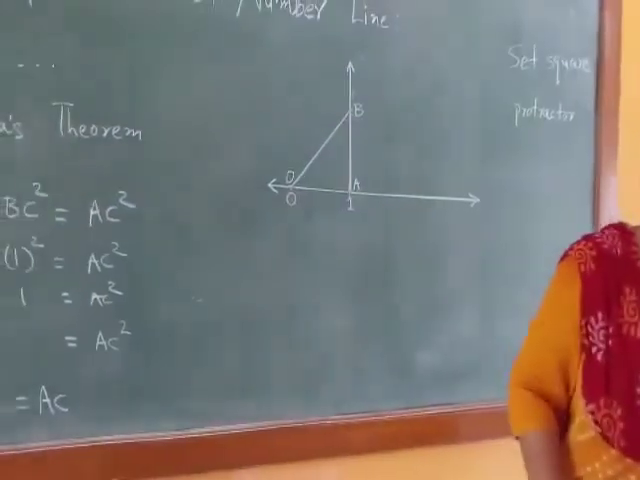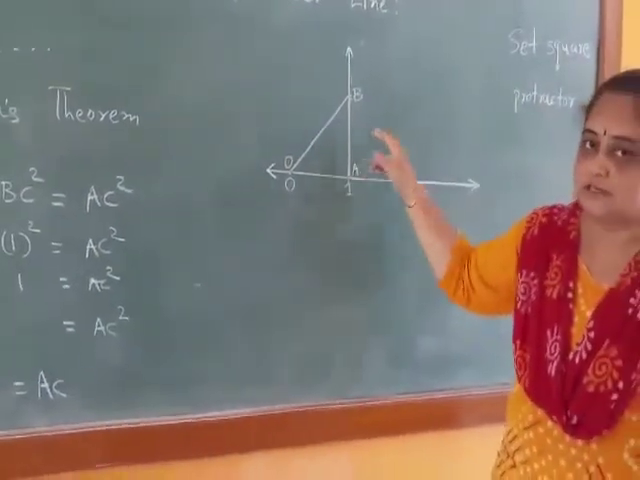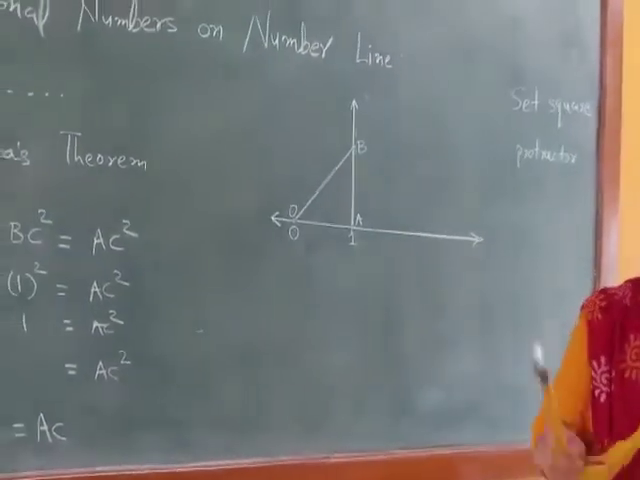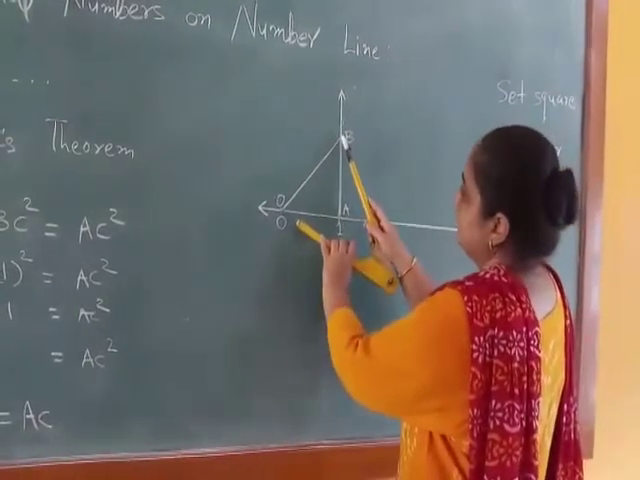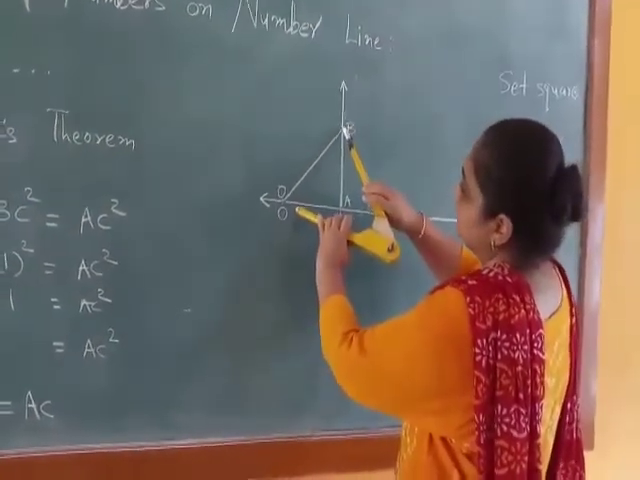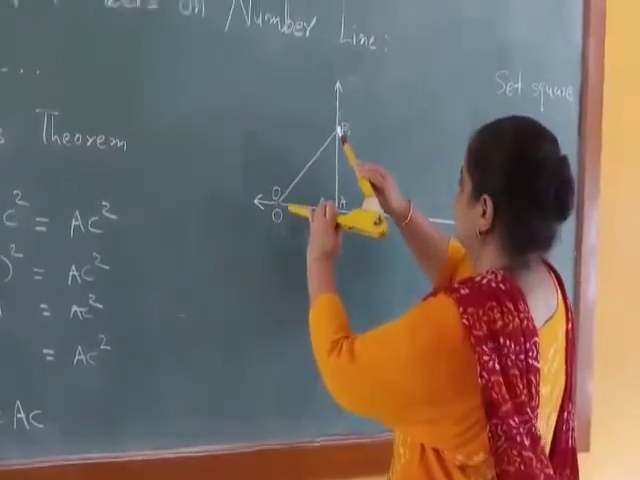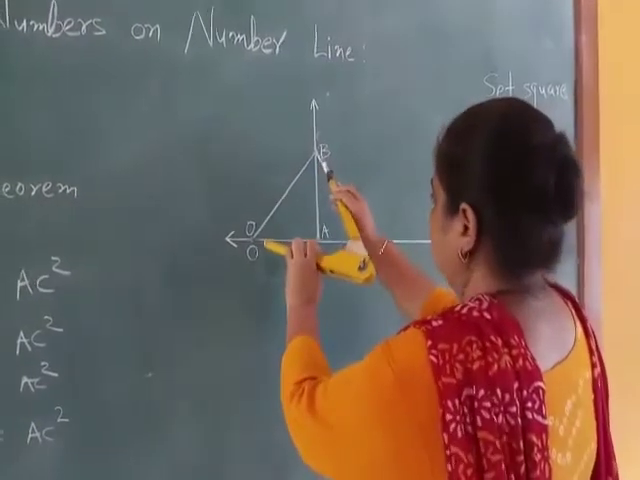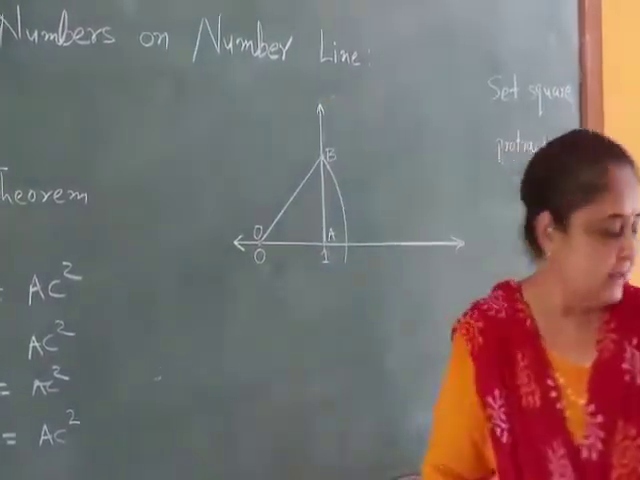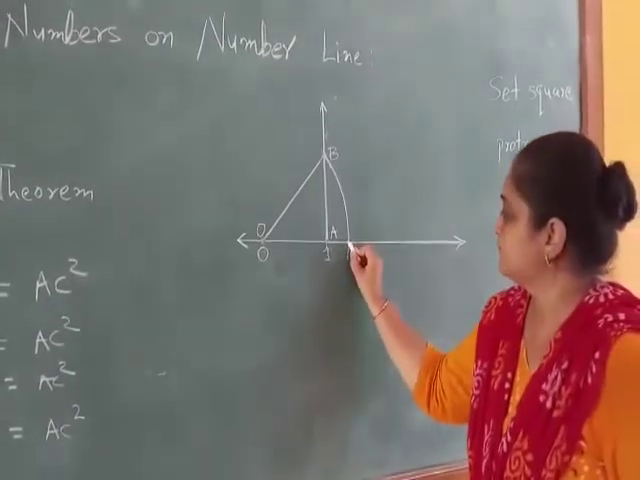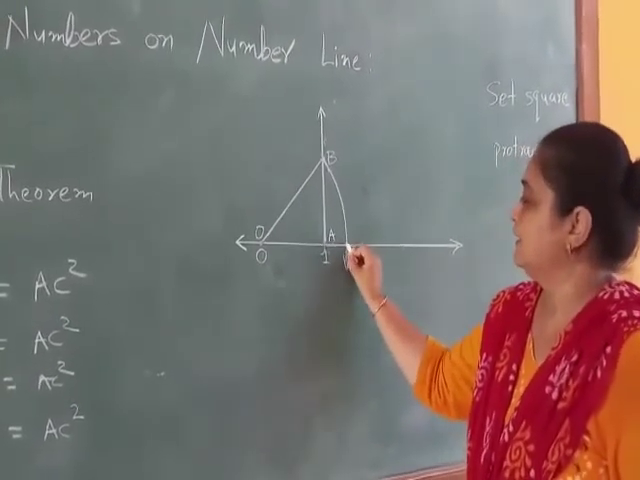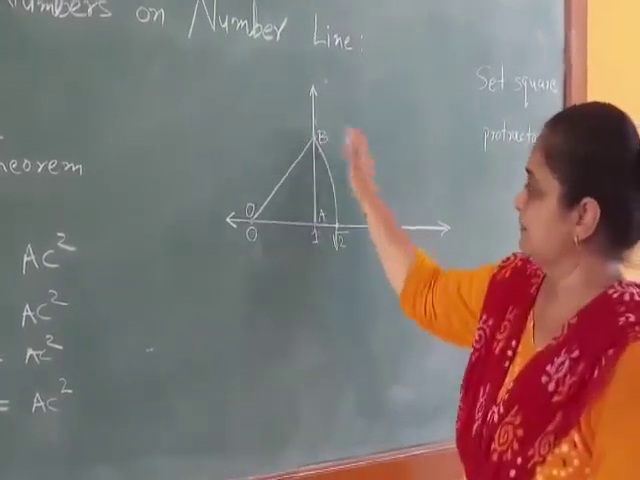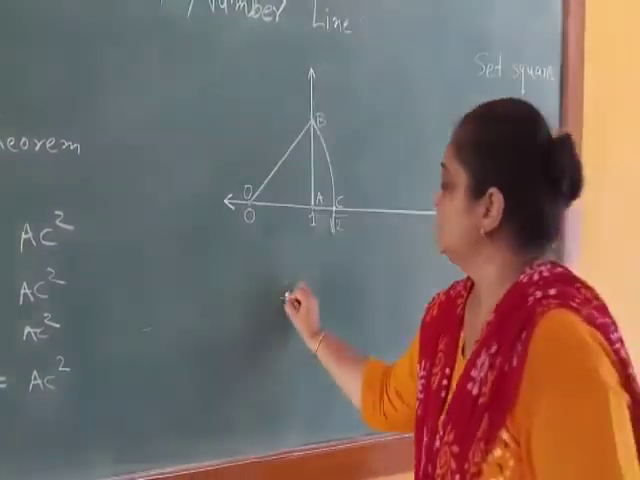How root 2? By the Pythagoras theorem. 1 square plus 1 square is 2, and its square root is root 2. So here OB is root 2. And this root 2 measurement is taken with the divider, and then draw one arc on the number line which cuts at one point, that is root 2, and give that point one more name. It is AB and here C. So here you can say OC